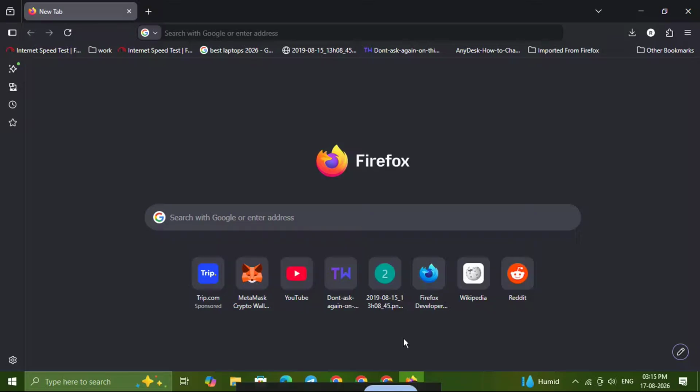In this video, I'm going to show you how to sync Firefox settings between computers so your bookmarks, passwords, history, tabs, and preferences can follow you wherever you sign in. This is a simple way to keep your browser consistent across devices, and it only takes a few minutes to